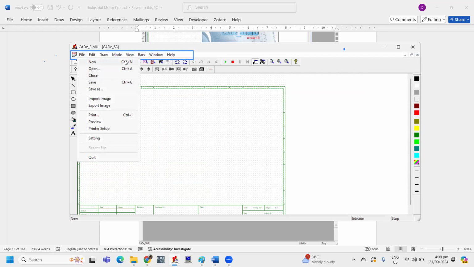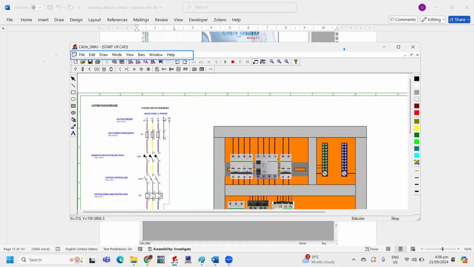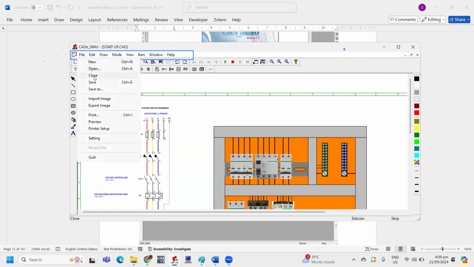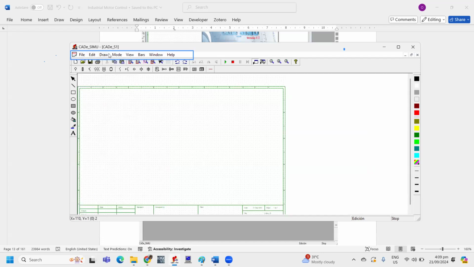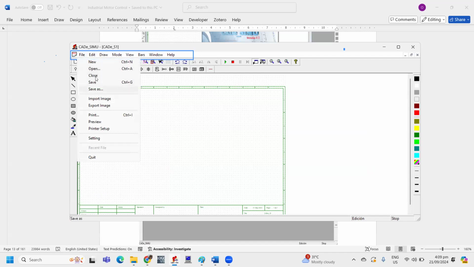If you want to close the design, it goes to your previous open design. So if you want to close here, you can also close this design and the startup design will appear. Next thing, if you want to save, you can also save that.